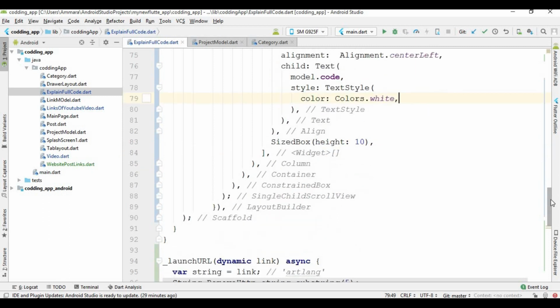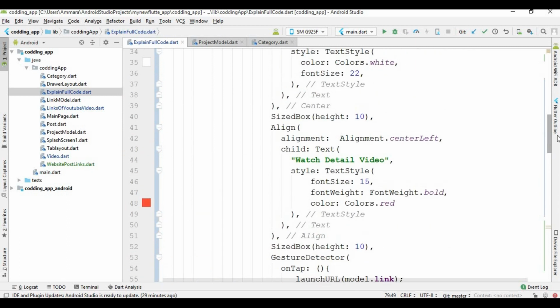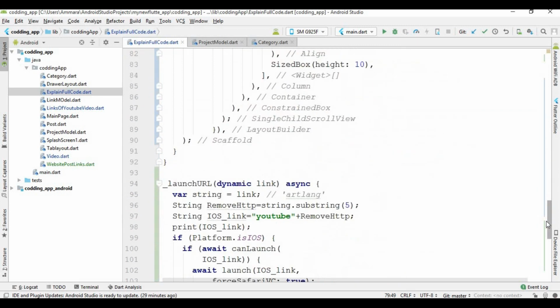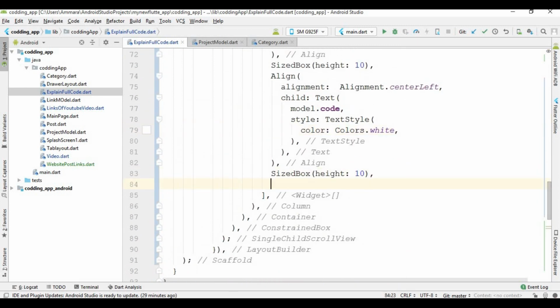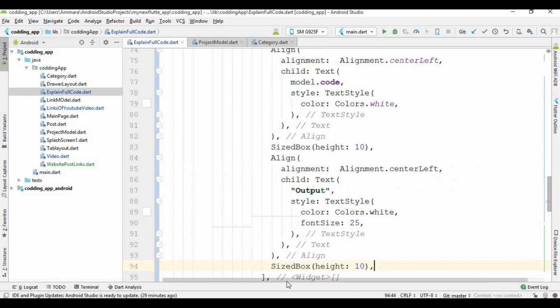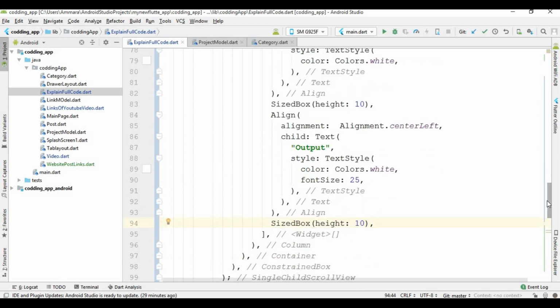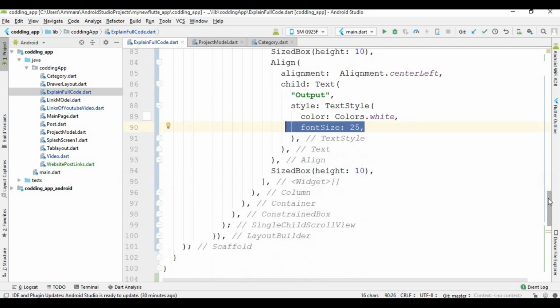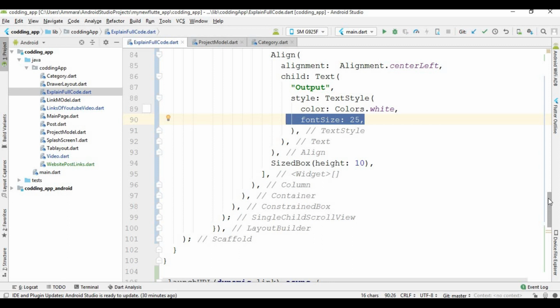And now I create a text view for this output variable. This is the text for this output text, and inside this text I set the color white and the font size to 25, and after that I give some space like 10, and now I am going to fetch the image and store it in an image variable.